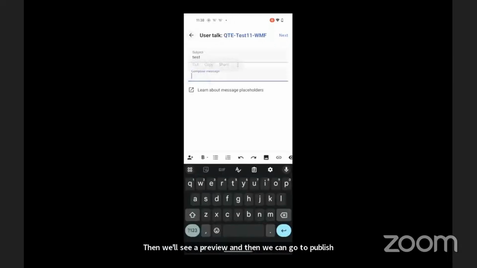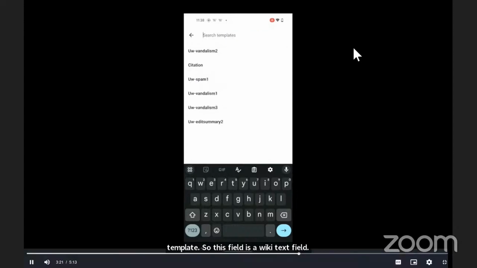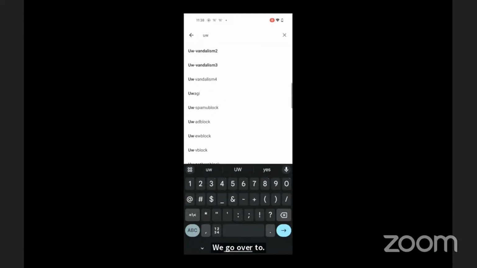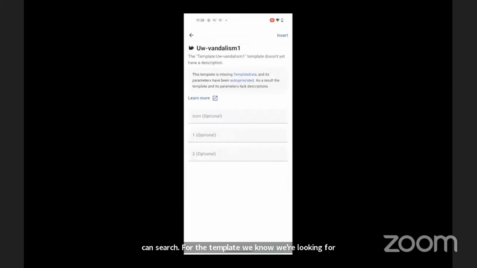The other option is to use a user talk warning template. This field is a wiki text field. If we go to the template option in our toolbar, we can search for the template we know we're looking for. For example, we want to do a first vandalism warning.